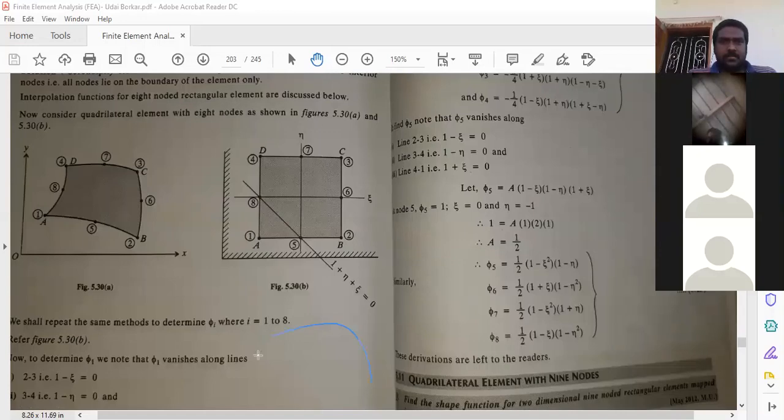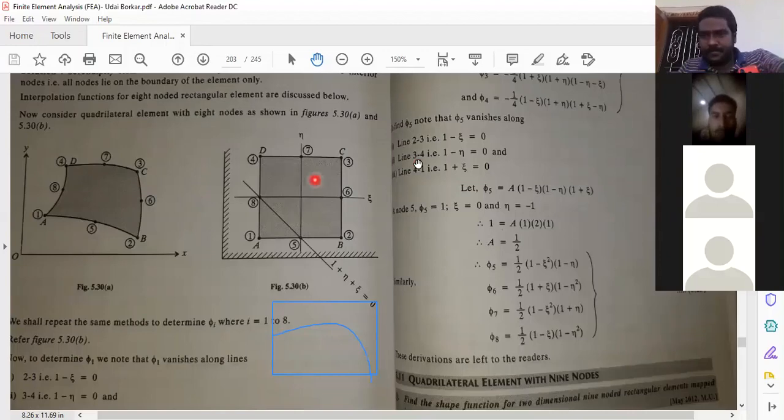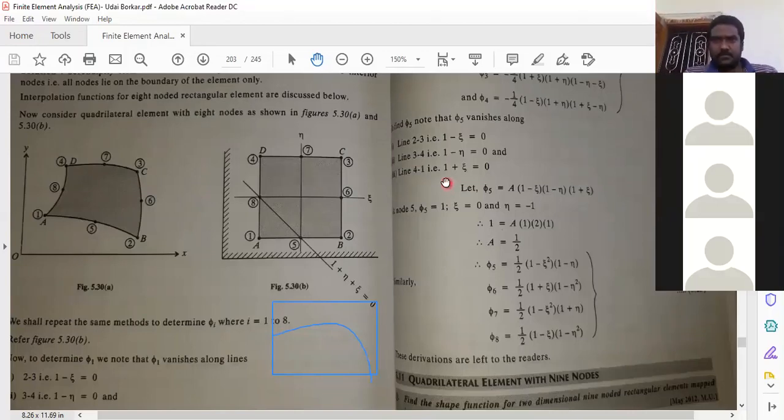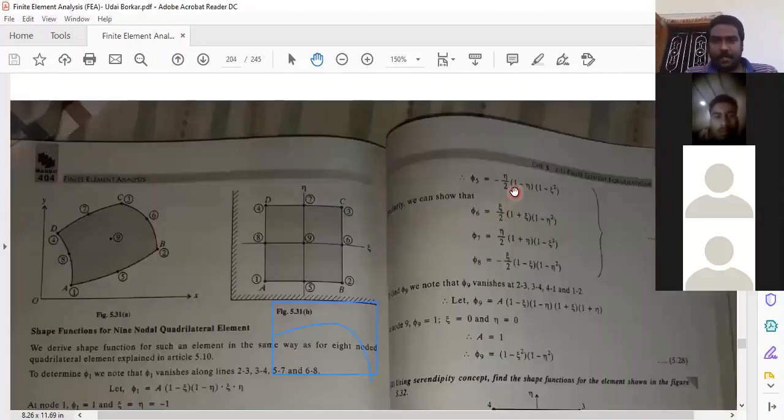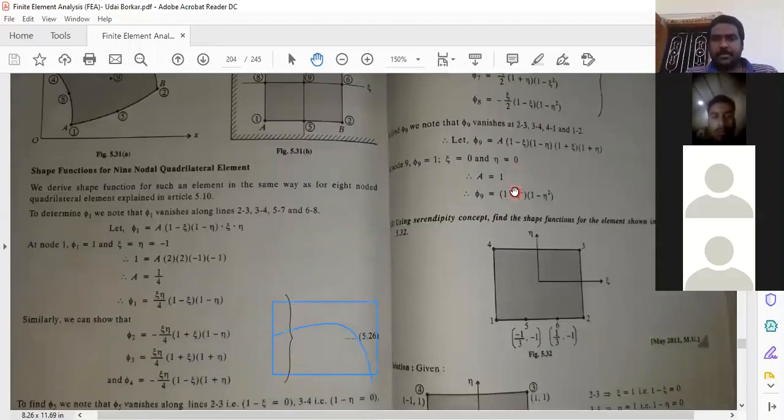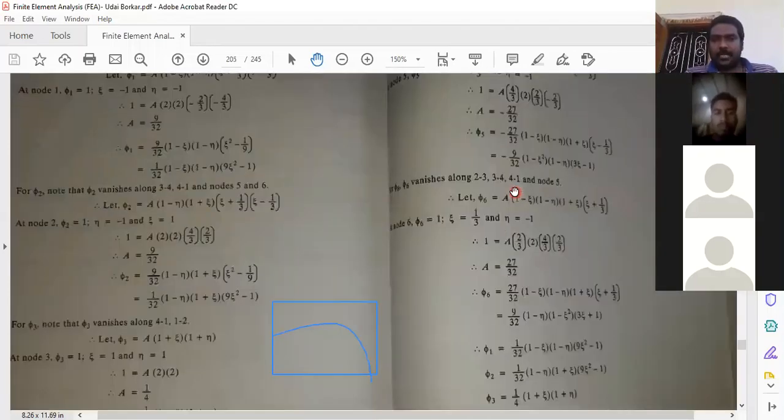See here, if you want to find the shape function of node 1, draw a rectangle, it will have 8 nodes, and then you have to cancel this point. You have to select the remaining lines' equations and consider them, right? Similarly, the 9-noded element derivation we also did in the lecture. So today we will see the Jacobian matrix.